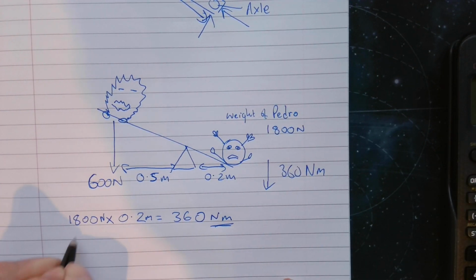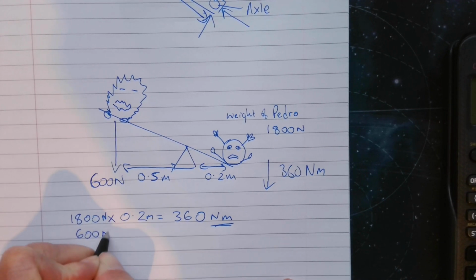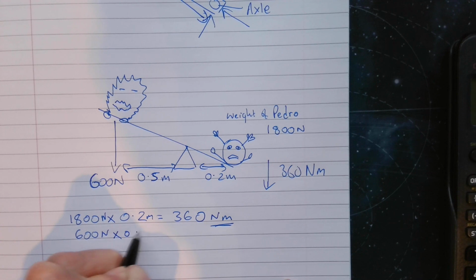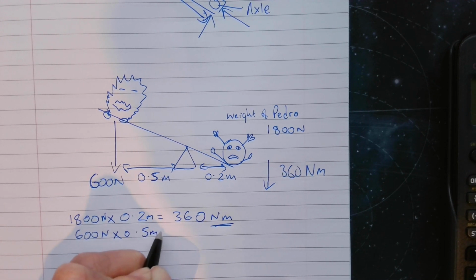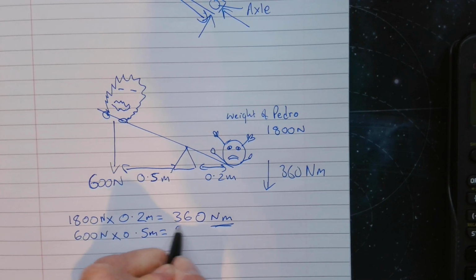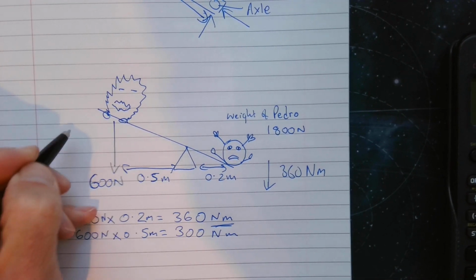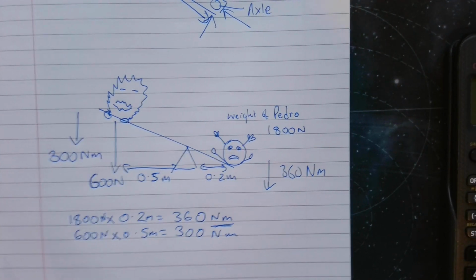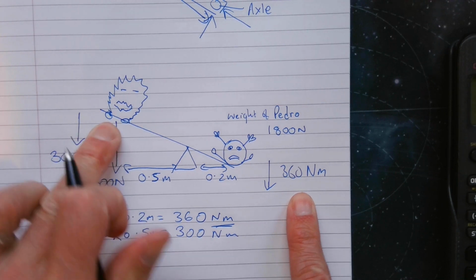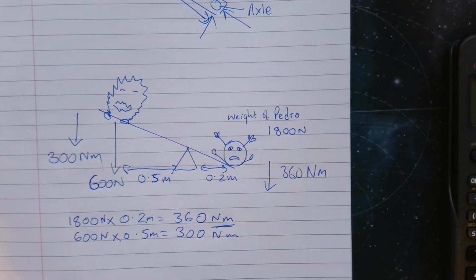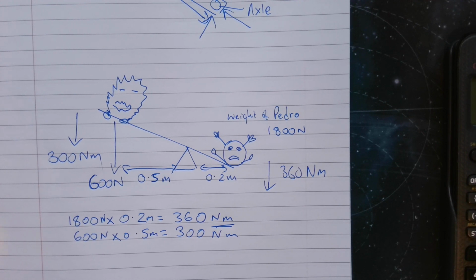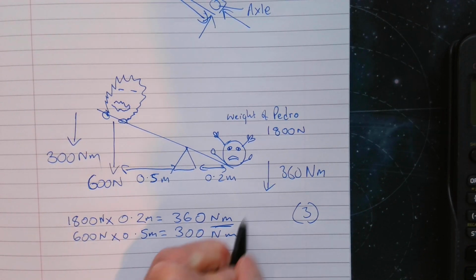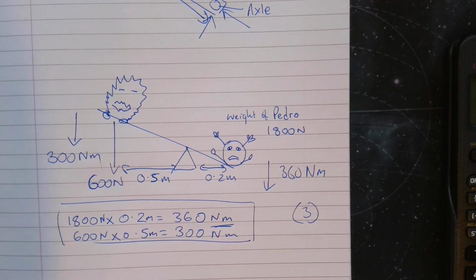So what about in the other direction? Well, we've obviously got a much smaller force from the demon, however we've got a bigger distance. Put the units, I should have left that out. That is going to give us a 300 newton meter turning force, so the anti-clockwise moment is going to be 300 newton meters. Now clearly 360 is bigger than 300, hence why this demon is not going to be able to shift our rock Pedro. This is a 3-mark question. It says explain using calculation. So we've done a calculation, and now we just need to give some explanation of what's going on there.